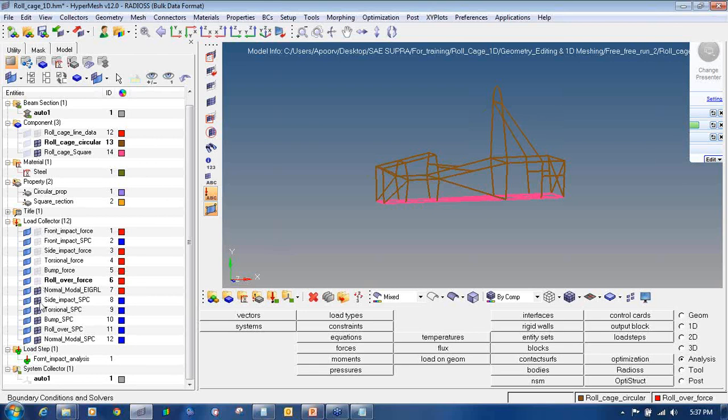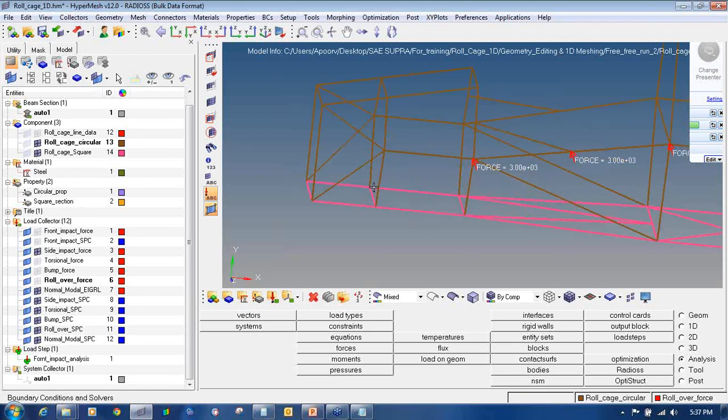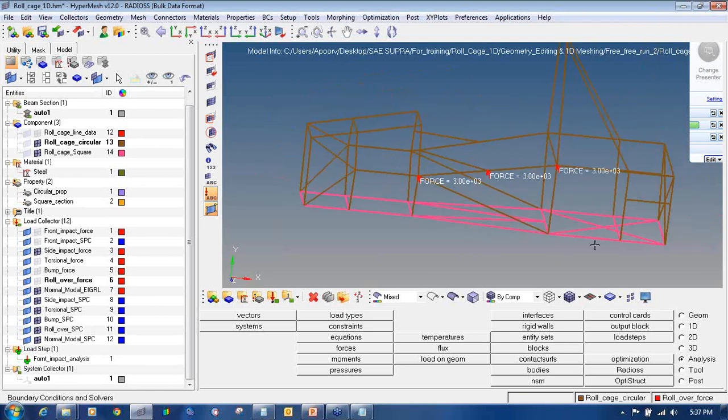Now the next step is to apply the side impact SPC. So I will turn on side impact force. For the side impact I am going to constrain the lower suspension pickup points for all the 3 degrees of freedom, that is all the 8 lower suspension pickup points, 4 at the front, 4 at the rear end, because they are going to provide the reaction forces first. So I will make this side impact SPC, make current.